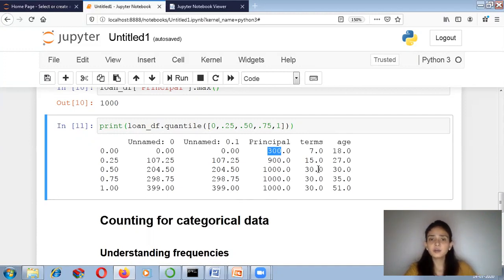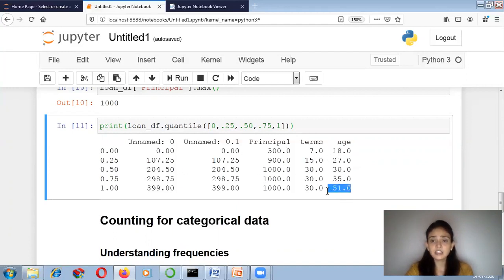So like this you can perform the computation of which values are most present in your data set. You can see that in the age column there are very few people who have the age of 18, and in your loan_full data set, most people are of ages between 27 and 35, because that is the range between the first quantile and the third quantile.